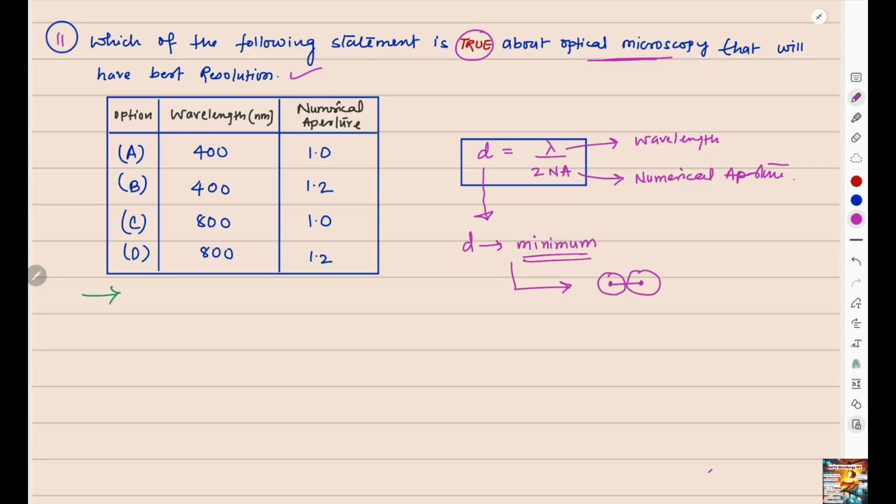So for this case we have to have lambda as minimum value and numerical aperture as maximum value. We can see that lambda is minimum in these two cases and numerical aperture is maximum for these two. Numerical aperture is maximum for 1.2. So this is true. For this case option B is true, where 400 wavelength is true and 1.2 numerical aperture is true. Now we will